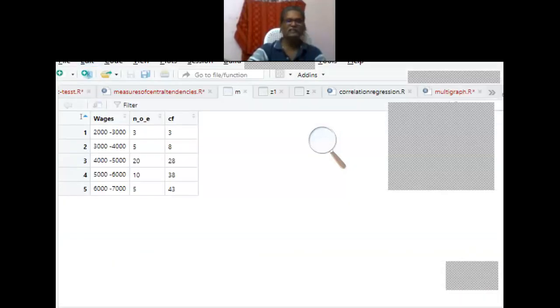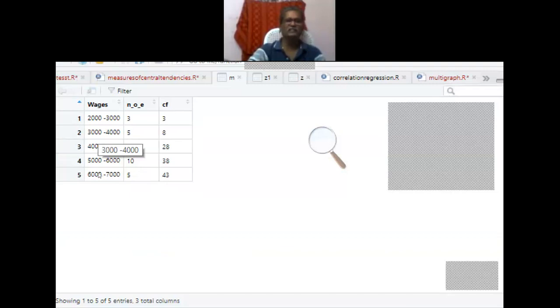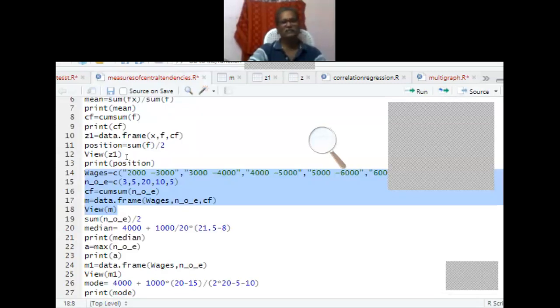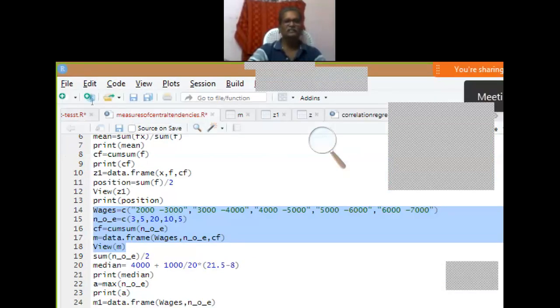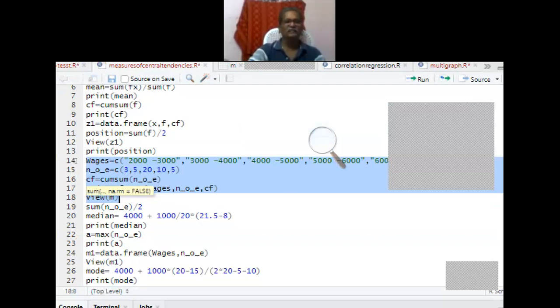This is the script view. In this workspace window, we can see the scripts. We can read the scripts. We may be able to see the data set also, the data view also. So that is possible in the source window. Once again, go back to my script view. I am viewing my script. I stored it in this particular file. And next, I am going to calculate the sum of NOE.